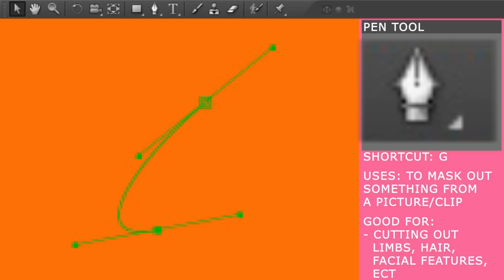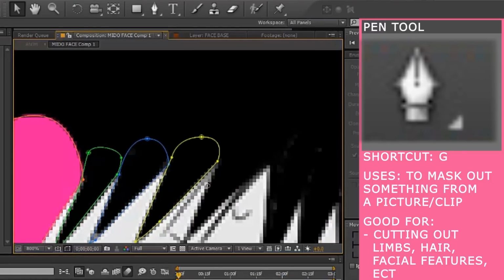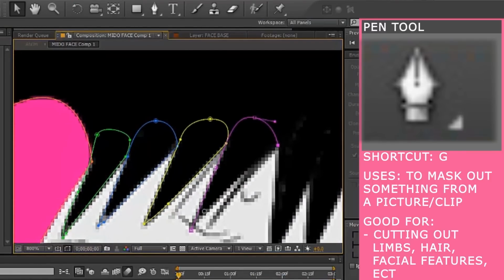Other than that, something you should know is that you can make the masks different colors every time you do a point, which is really helpful in animating, because if you're like me, you will mask a lot and will have like 18 masks on one layer, and it's really confusing when they're all the same color.